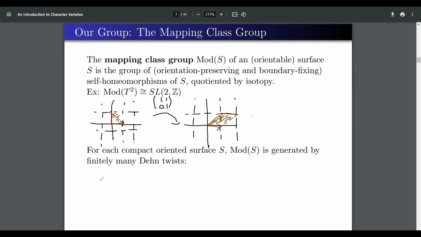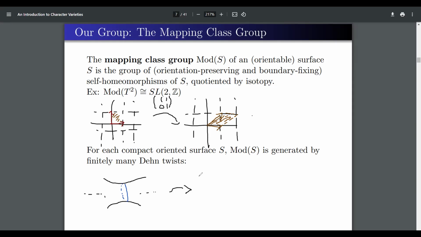And now a Dehn twist is done by taking some certain portion of the surface, and specifically we take some simple closed curve on the surface, which is a loop that doesn't intersect itself. I want a better drawing than that. Here. All right. And there's just more surface to the left and the right, but we're isolating a cylinder around some simple closed curve here. And so to do a Dehn twist,